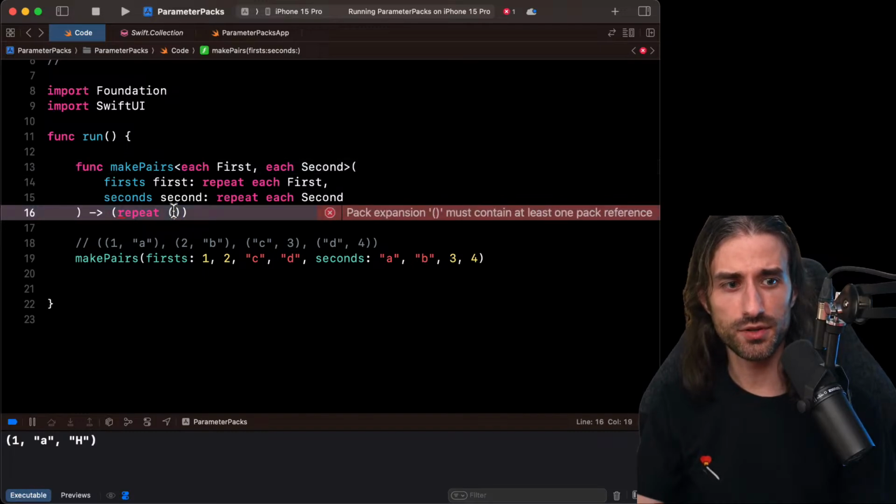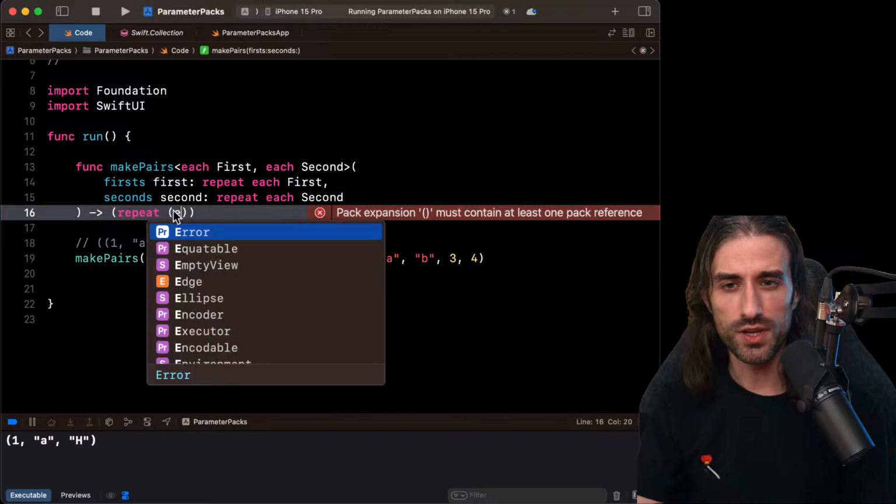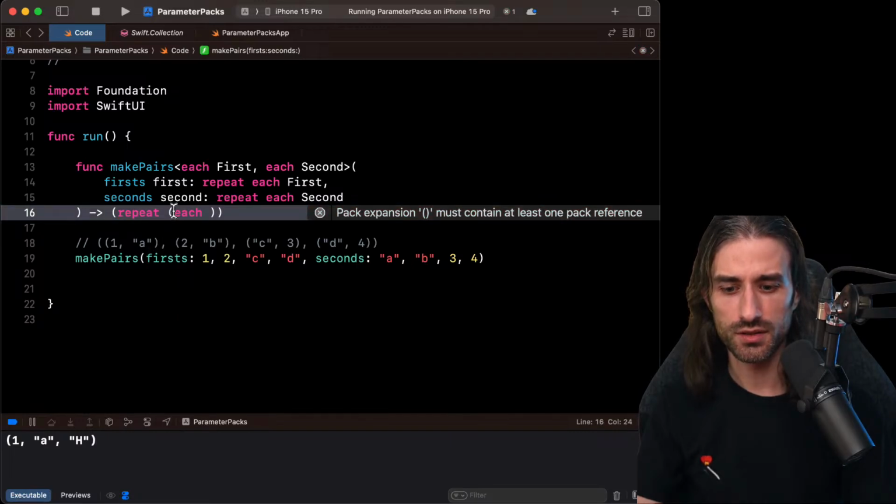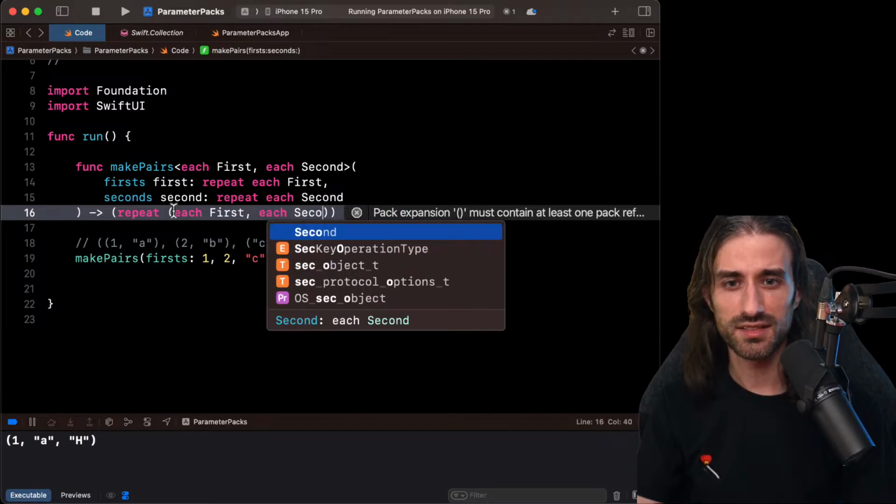Up until now it's the same logic as when we were returning a tuple of arrays. What changes is that inside this tuple we do each first and then each second.